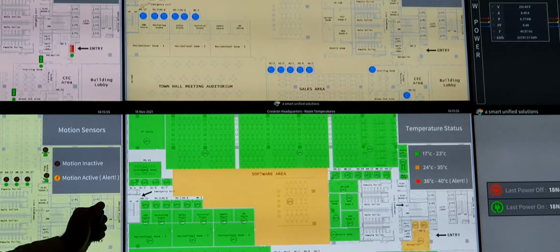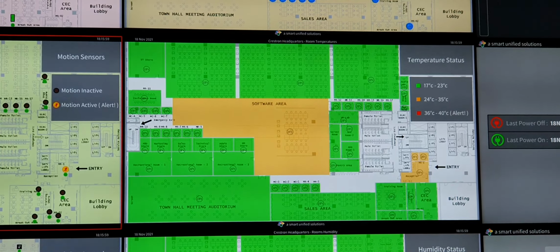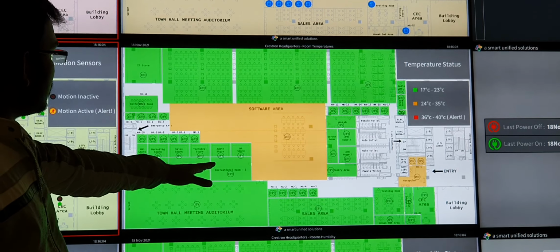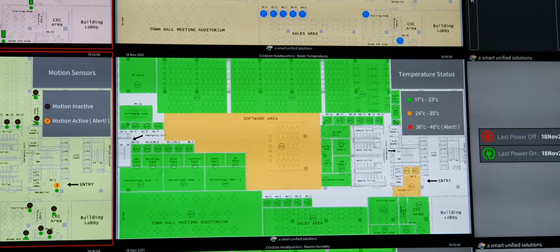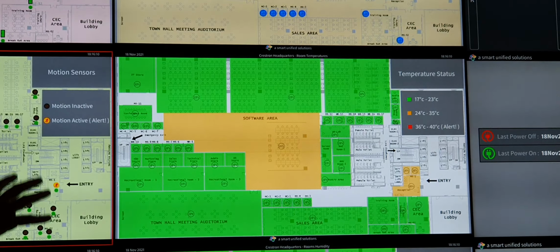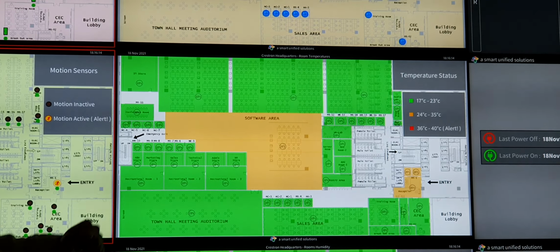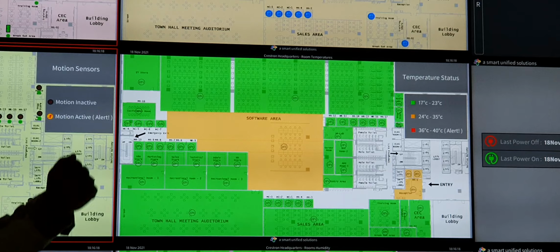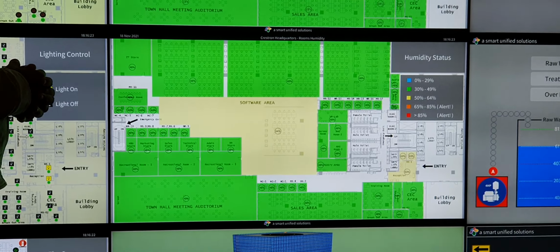And these are the temperature and humidity levels which are there in the different rooms. So as you can see, 25 degrees is there in that particular area. The remaining areas 25, 26 like that. So at one position you will get to know how the temperature levels are. For suppose in this particular area it's too hot, there might be a chance that AC is not working. So immediately you can take action on that. The same way the humidity levels in that area.